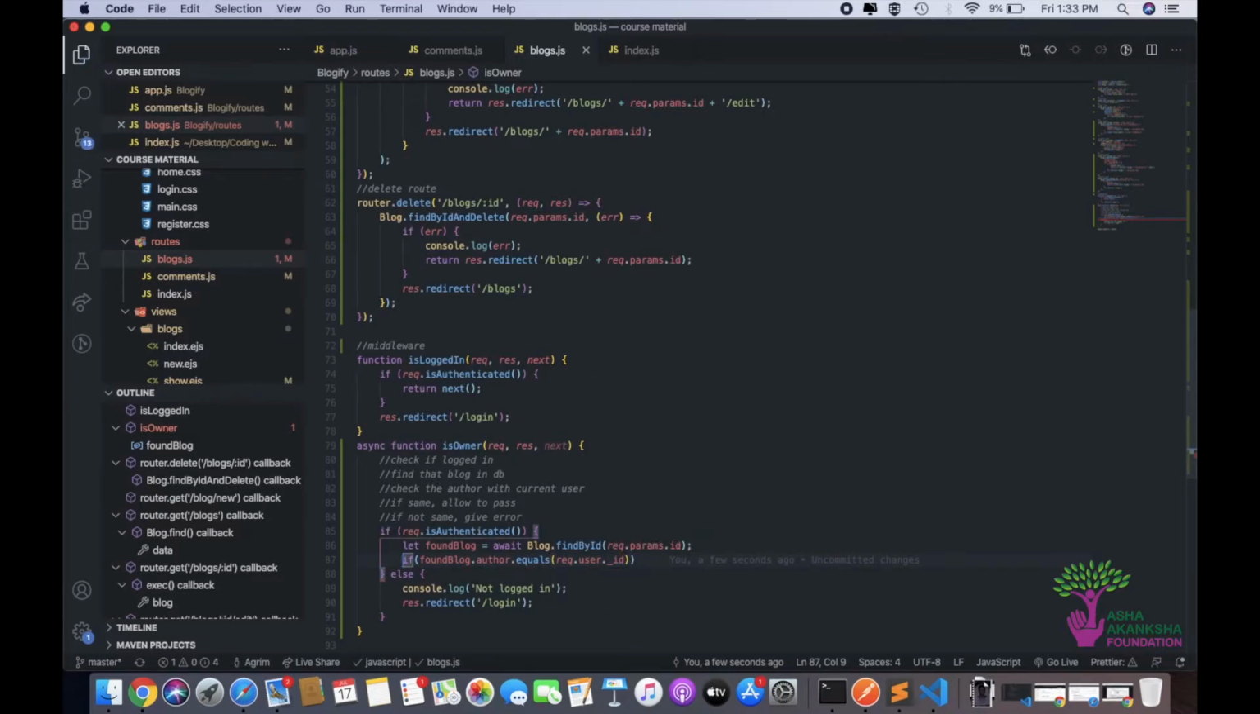So if this is true, then we are logged in as the author of the current blog. Then we have to do return next, meaning continue with whatever you are doing. There's no issue. And else we have to do,